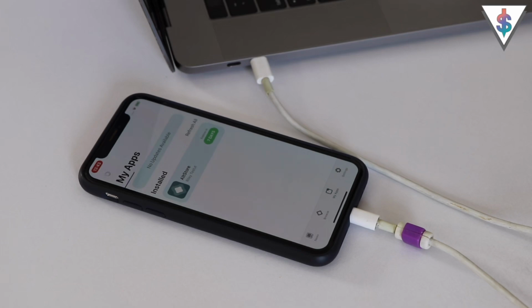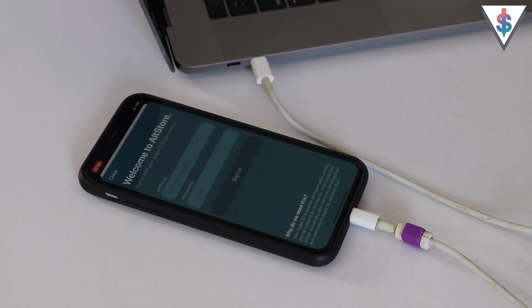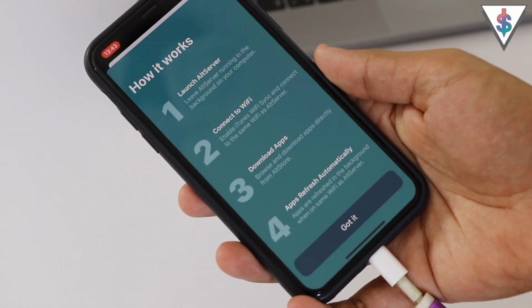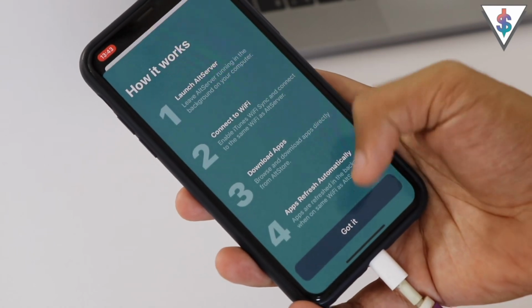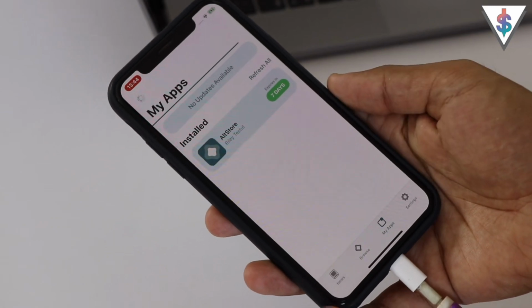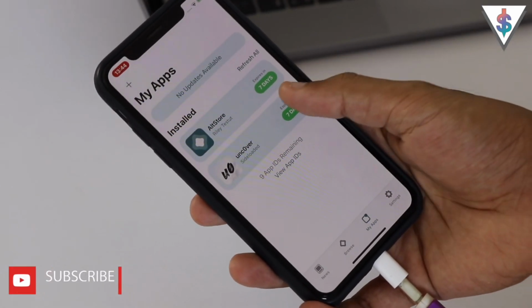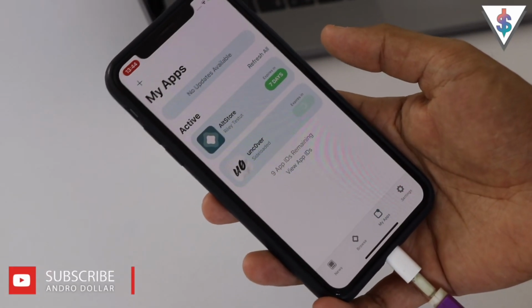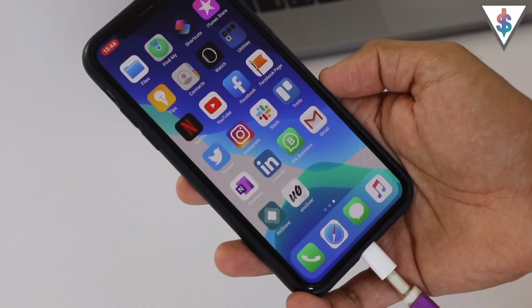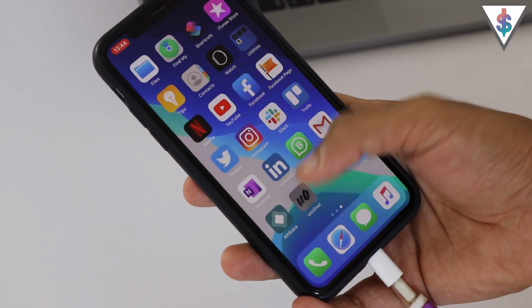So once that process is completed, you will see this pop up where you need to re-enter the same username and password that you provided before. So here you just need to go ahead and sign in, and you will get instructions here. You just wait for it to load a little bit and Uncover will appear over here. So now the next thing you need to do is hit on the uncover button, and if you go back into the home screen, now you will see uncover right over there.